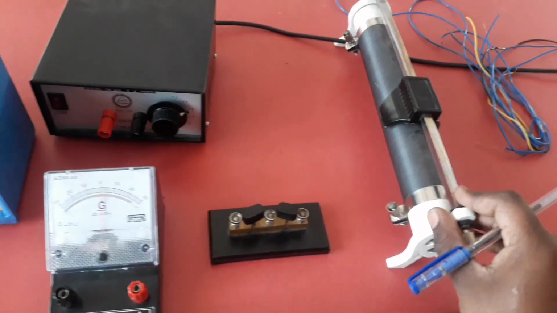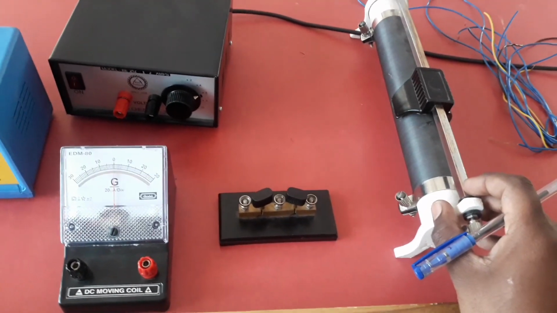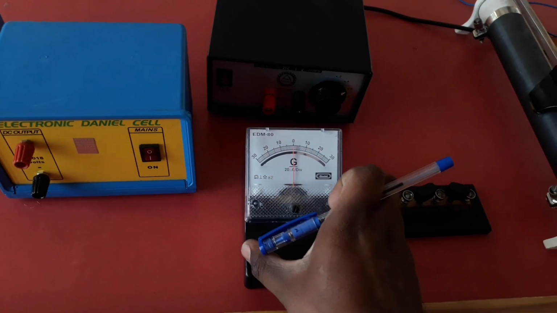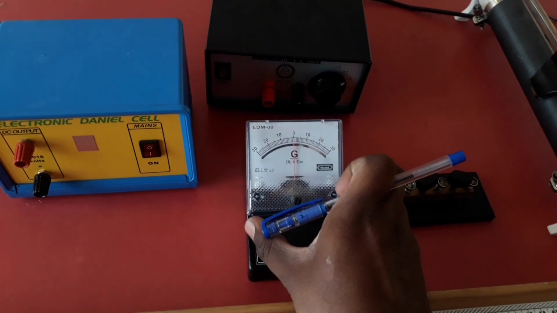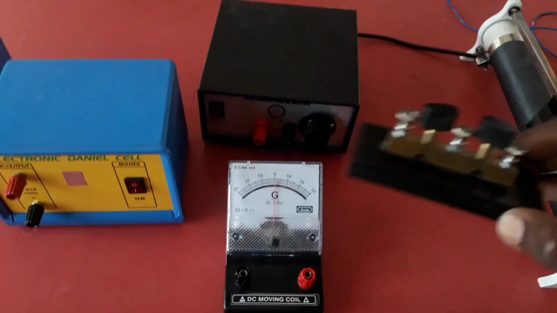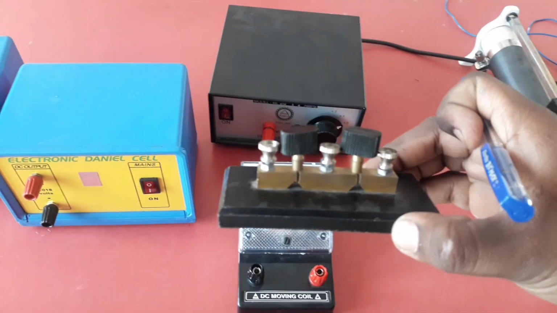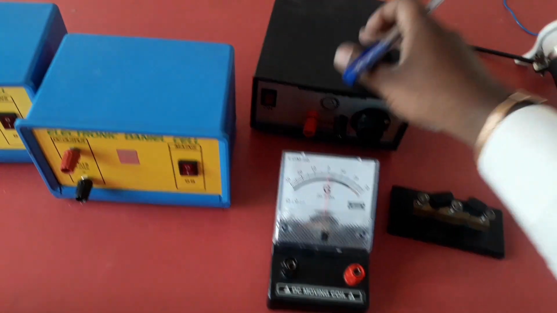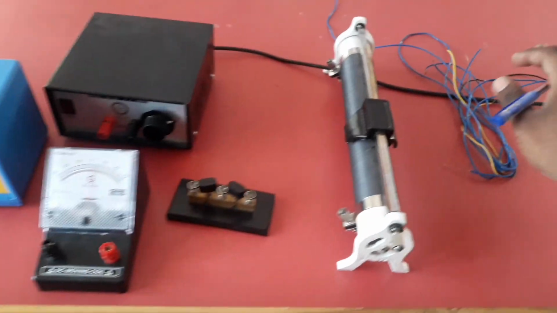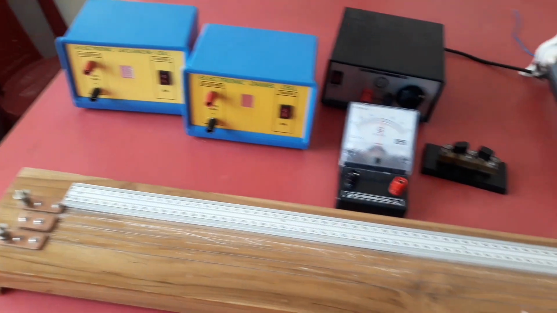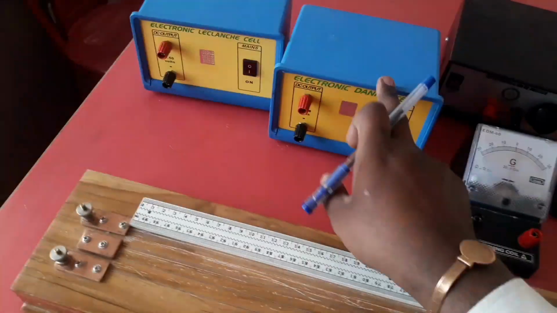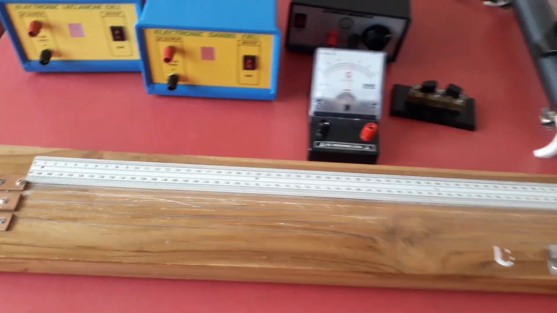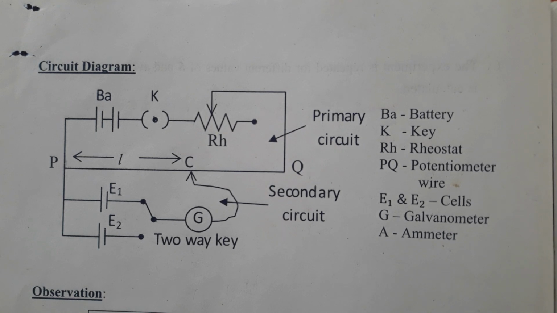After that, rheostat. So this is a rheostat. What is a rheostat? A rheostat is a device used to vary the current. Next one, galvanometer. What is a galvanometer? A galvanometer is a device used to detect a small amount of current in the circuit. After that, plug key. So this is a two-way plug key. Okay. Next one, battery. Next one, jockey. The last one, connecting wires. Using these apparatus, now we are going to compare the EMF of the two cells, Leclanche and Daniell cell. That's all.